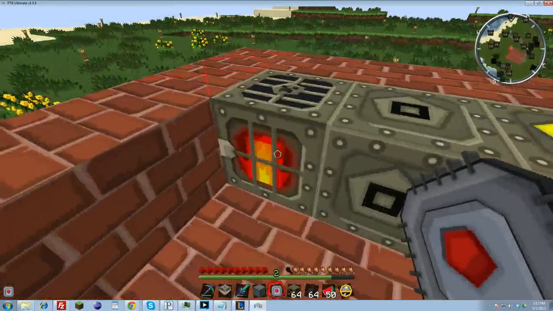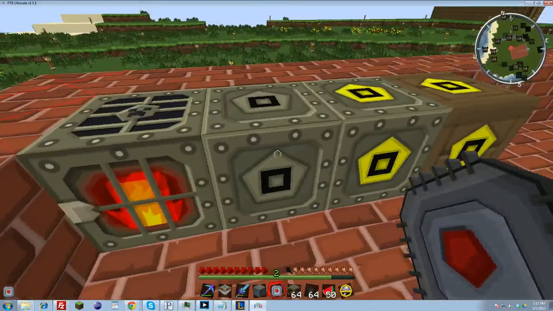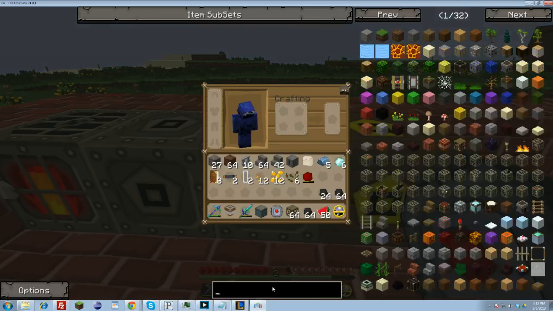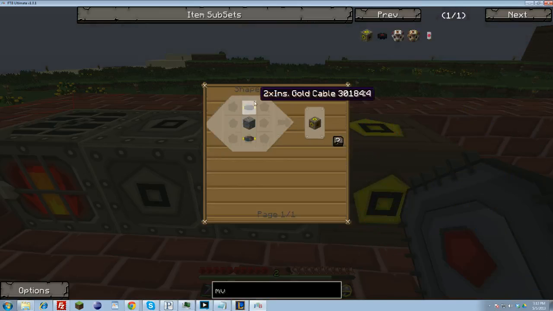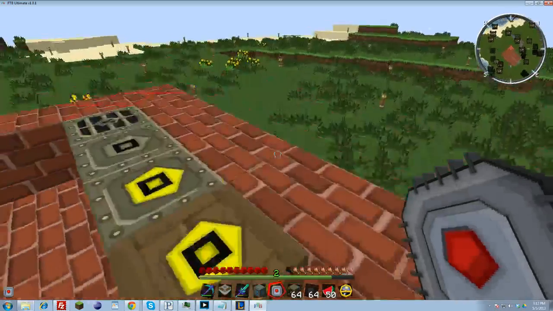You can see here that we have a generator. I did move our machinery, as I said before. We have our generator feeding into our MFE. I did actually make an MV transformer, which is really easy to make if you look. MV transformer. It's basically just a machine block and 2x gold insulated cables, which isn't a big deal. I made that, which transmits for our...